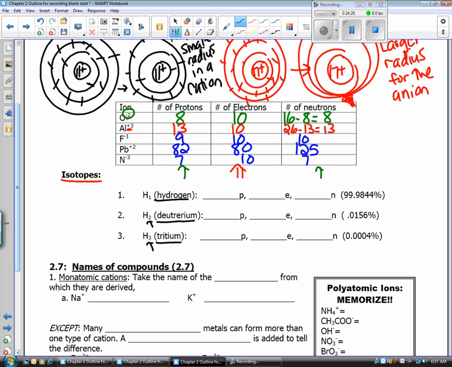Hydrogen, which is sometimes called hydrogen 1, but usually not because it's the most common, has 1 proton, 1 electron, and 0 neutrons. So that adds up to 1. And I already have 1 proton, so I can't have any neutrons. You notice that's 99.98% of the time. That's most of the time. Deuterium is going to have a mass of 2. So we're still going to have 1 and 1 here, so it doesn't have a charge, so it's got to have the same number of protons and electrons. But since there's a mass of 2, 1 neutron has to be in there. And finally, the most rare one is tritium, which has a mass of 3. If 1's a proton, it means we have 2 neutrons. So that's it